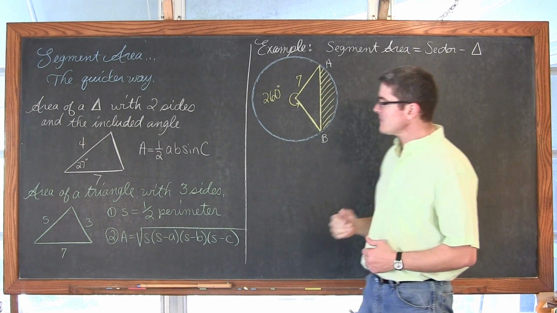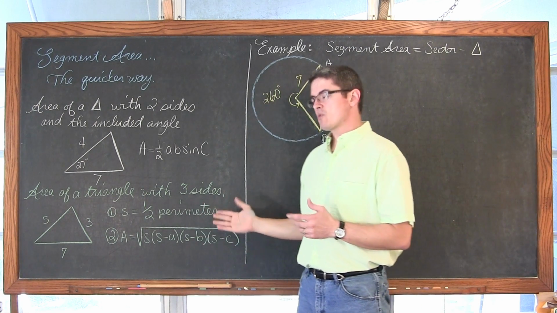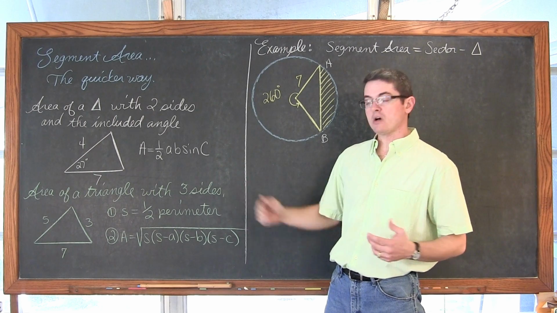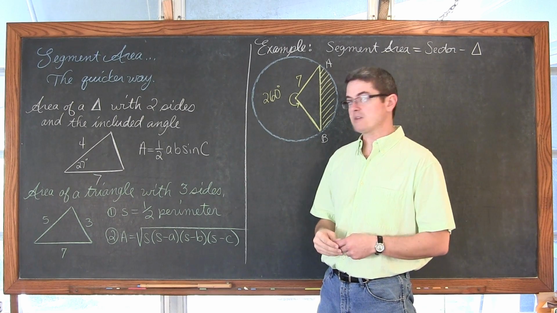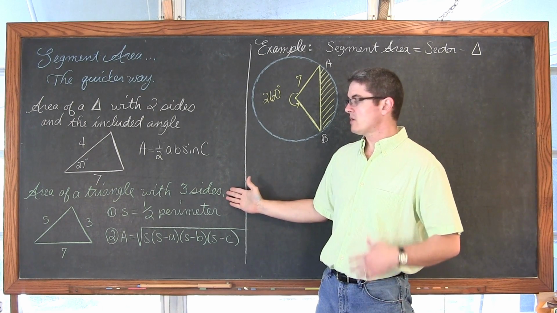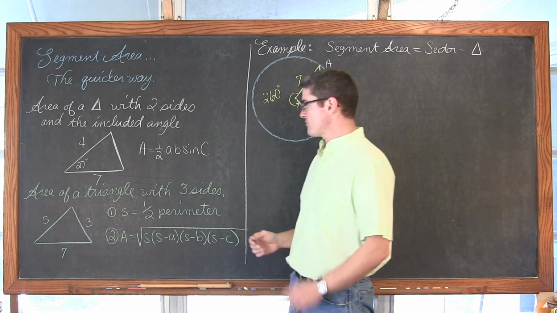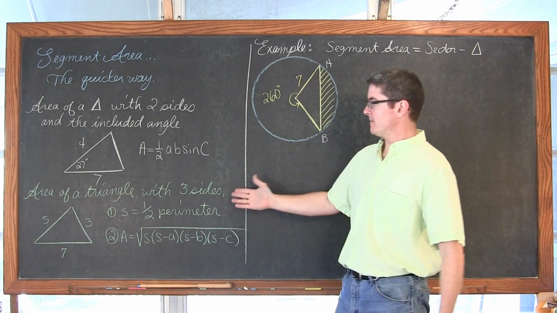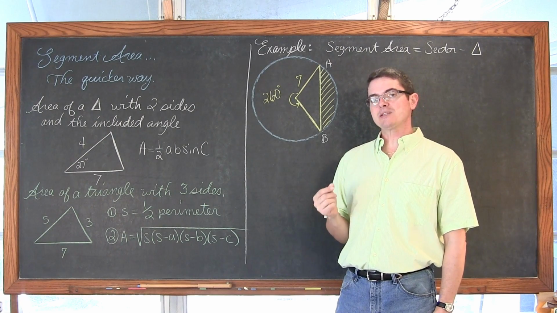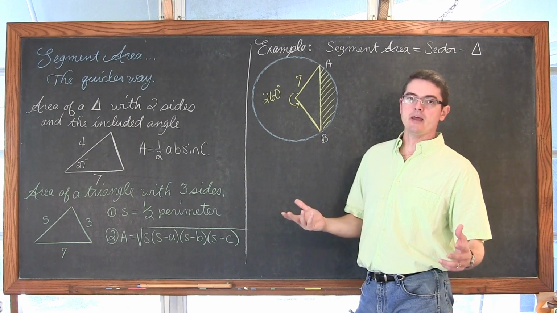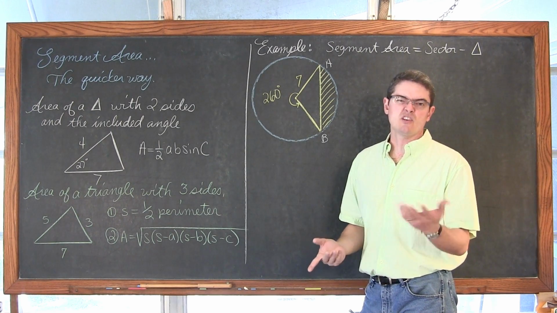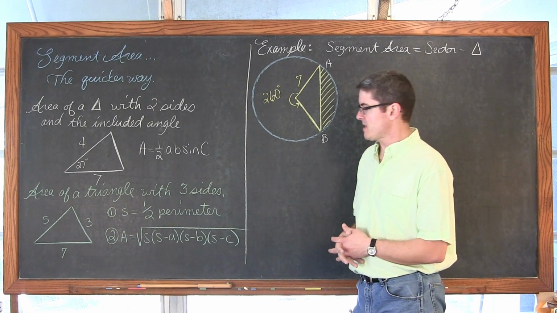Now another way of finding the area of a triangle, which we're going to use on the second example of my two example video here, is something called Heron's formula. H-E-R-O-N, Heron's formula. It gives the area of a triangle when you know the three sides of the triangle. You don't know any of the angles, and of course you don't know the height, because then you could just do area is equal to 1/2 base times height.